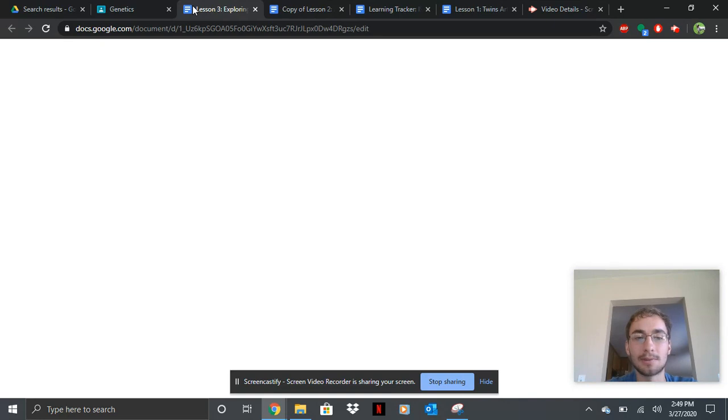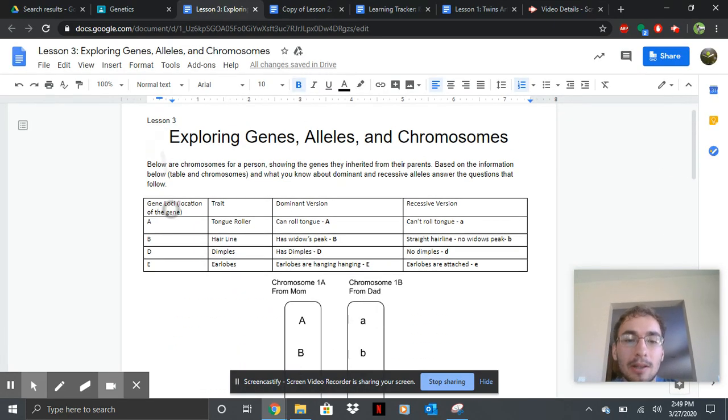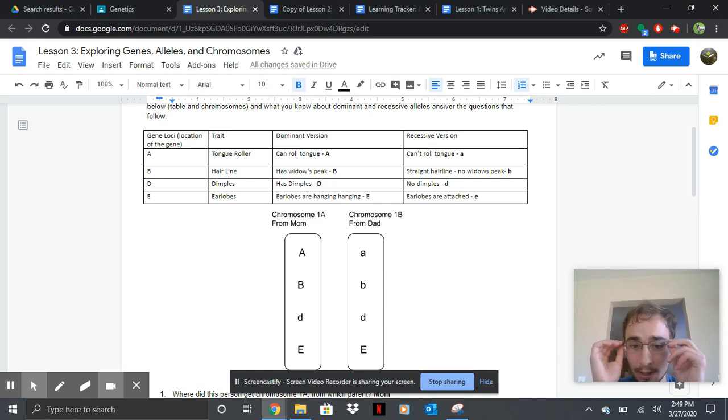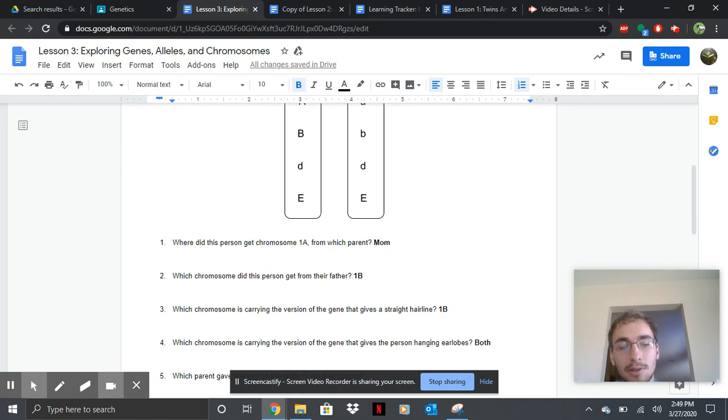Now going on to lesson 3. This one does get a little bit trickier, but I'm basically giving you a simulation for 2 different parents mating and then having a kid. So you have a chromosome from mom and a chromosome from dad. And then I give you the traits up in the table. And then your job is to tell me what the kid's traits are going to look like. So like, for example,